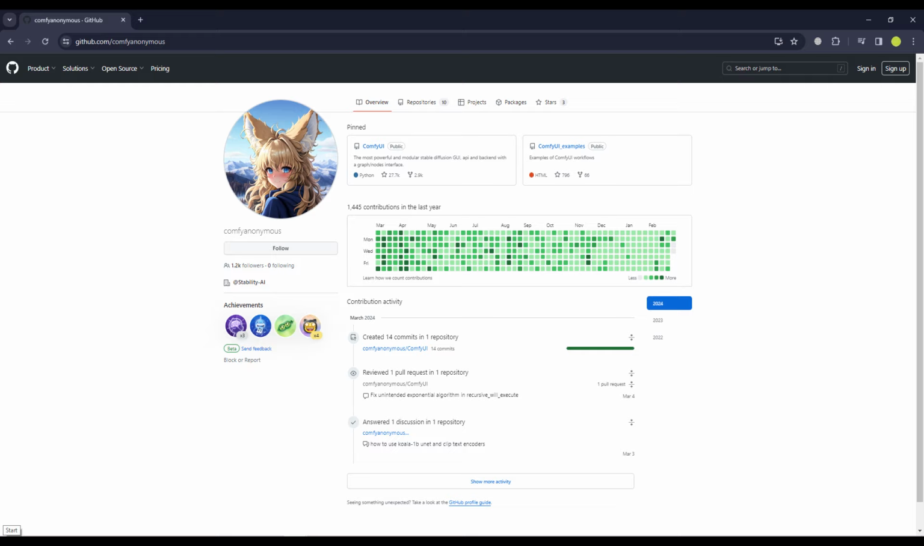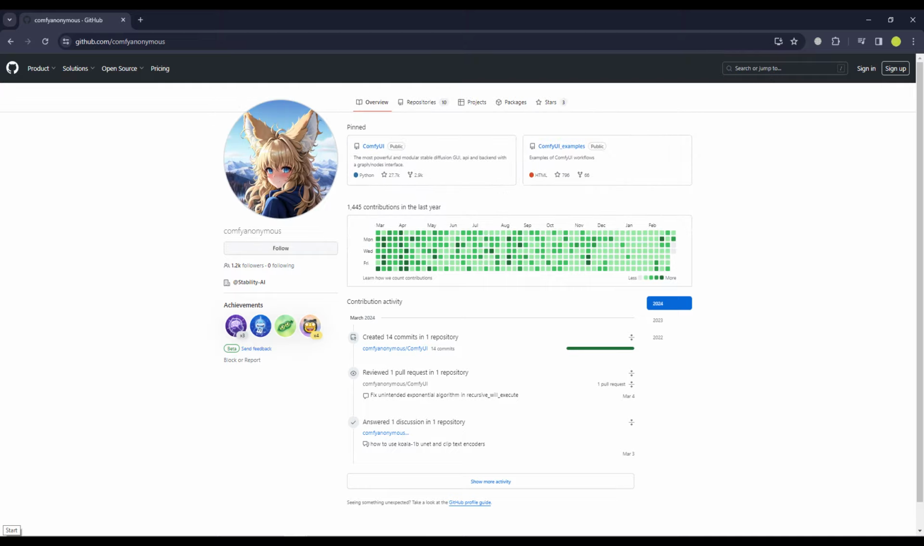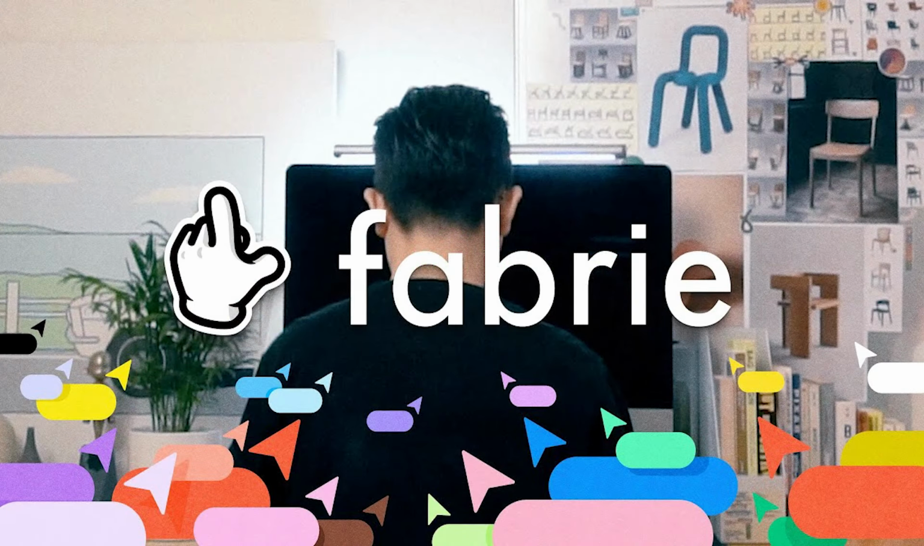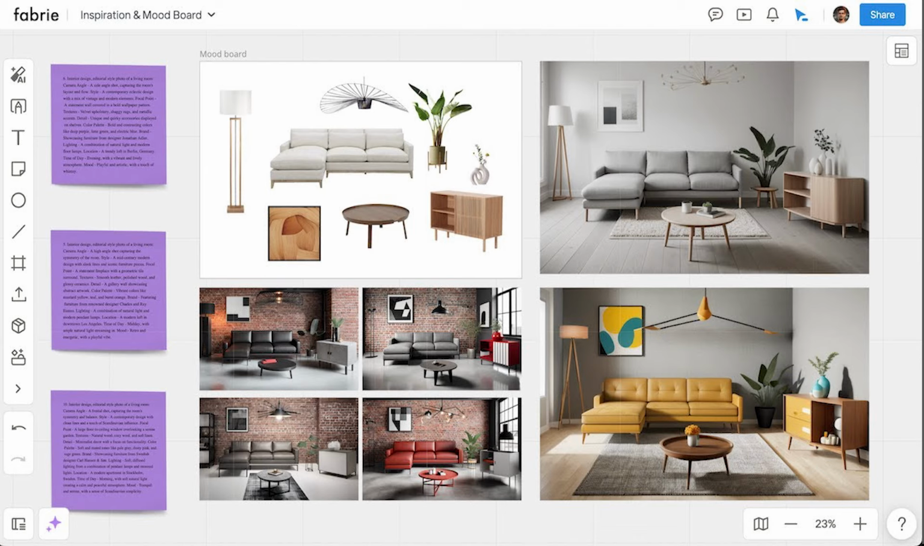But before going to screen, let me tell you about ComfyUI. ComfyUI is a node-based GUI for Stable Diffusion, where we can construct images by plugging different nodes and we can get our results. On the other hand, Fabrie is a whiteboard platform for architects and designers. It gives us features like mental mapping, flowcharts, drawing, and you can also put your mood board, take notes, and we can also get the